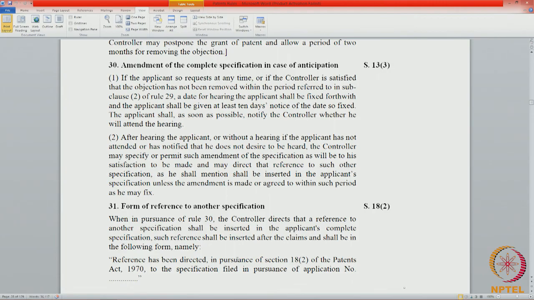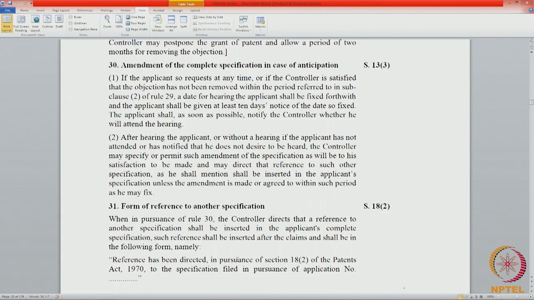We were on the point that if you enlist the hearings under the Act and the rules, you will be surprised to find that there could be a hearing under section 15, a hearing under section 14, hearings under section 25(1), and hearings are mandatory under section 25(2). We saw in rule 30 there could be a hearing. This is a specific hearing, for removing an objection under rule 29(2). We understand this as a specific hearing.